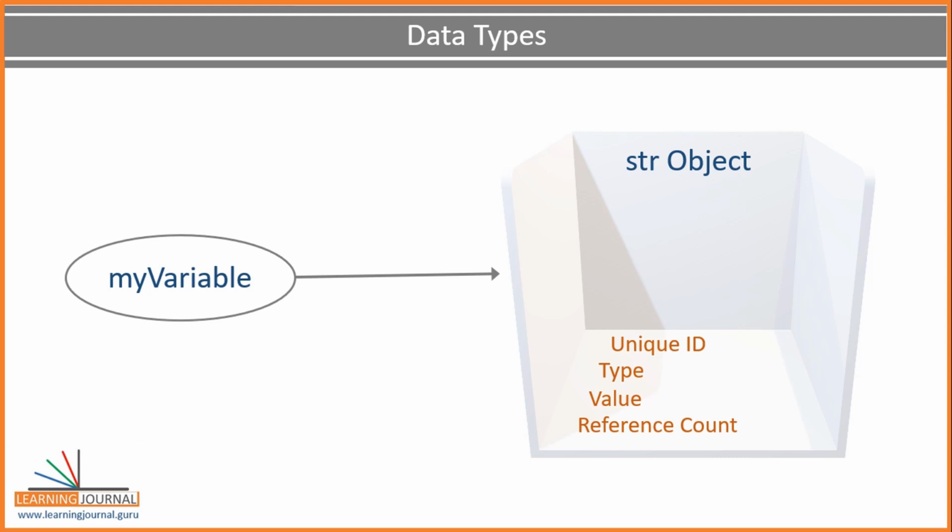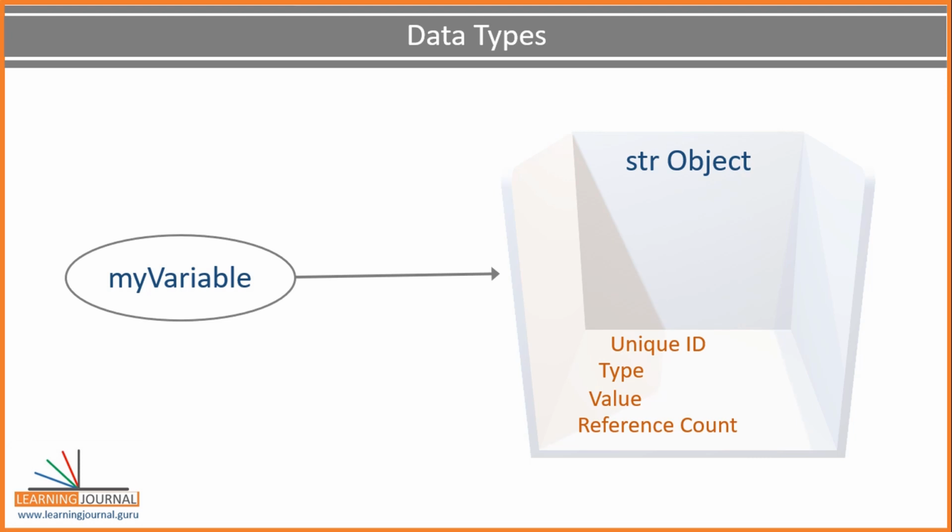It only points to some object, and the type of the object is stored in the object itself, which cannot be changed. Hence, Python is a strongly typed language, which means the type of an object cannot be changed because it is part of its definition. Python determines the type of the object at runtime while performing an operation with the object. And that is how it is a dynamically typed language.